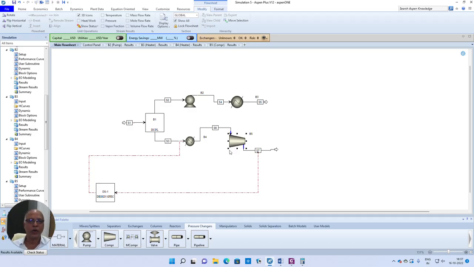You can probably analyze and identify what exactly are the basic reasons why you can recommend the first option over the second option. The first law of thermodynamics may not be able to address this issue, but you need to use second law of thermodynamics analysis in order to come to a conclusion of recommending one of the better options among these two. So with this, I would like to stop this